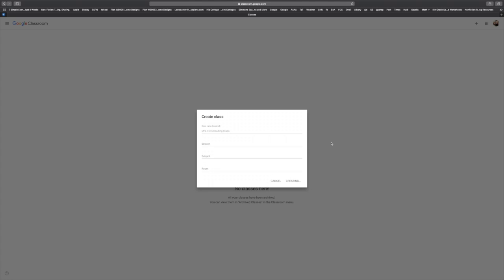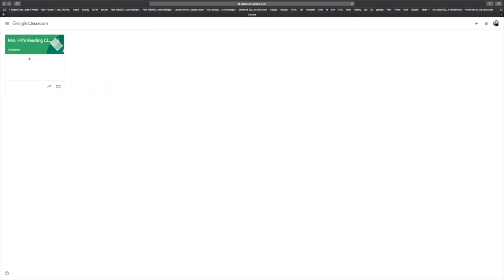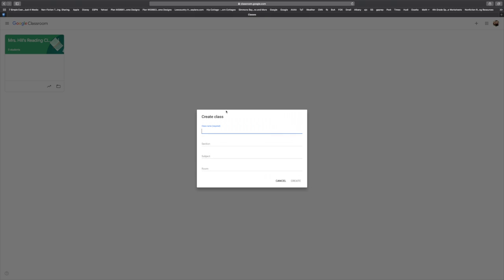If your Wi-Fi is fast, it should create. My Wi-Fi is obviously not fast right now. It usually takes just a second, and there it is. Okay, so I'm going to go back so you see what that looks like. All right, so here it is. You see it has 0 students in it. Then you would just repeat this exact same thing for all of your classes that you want to have